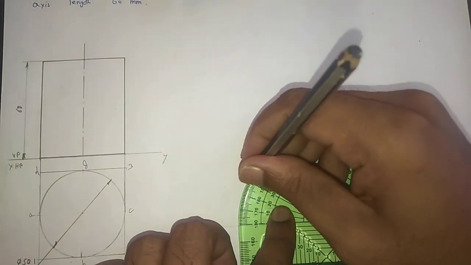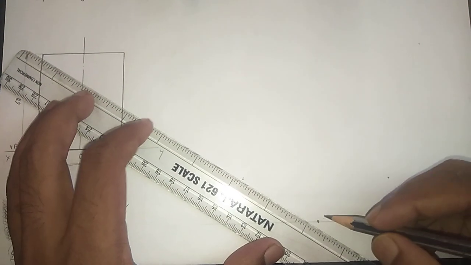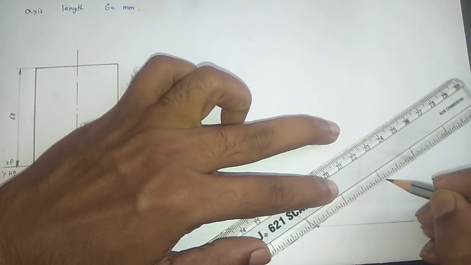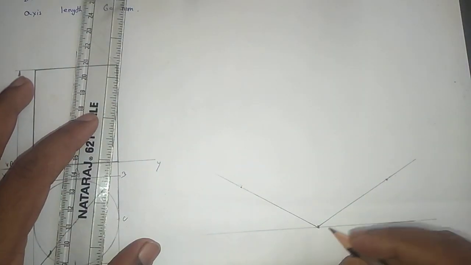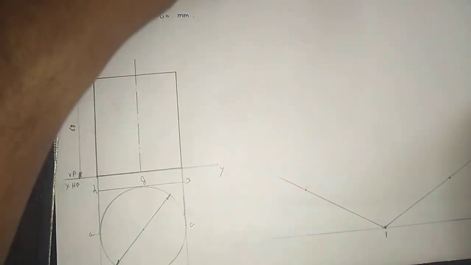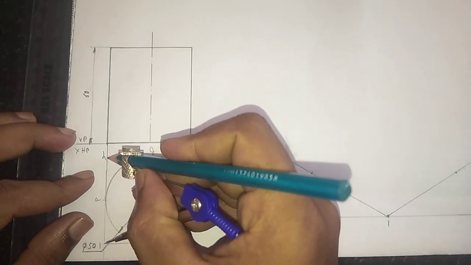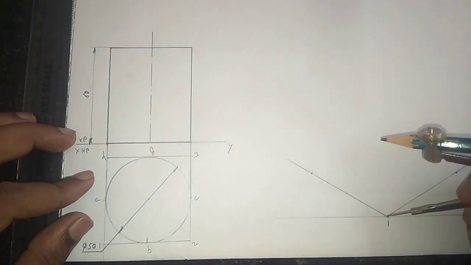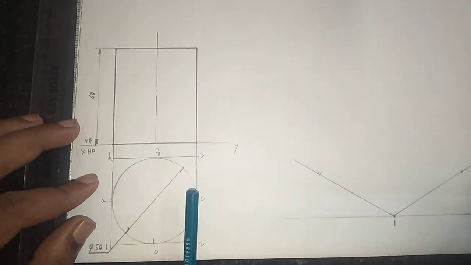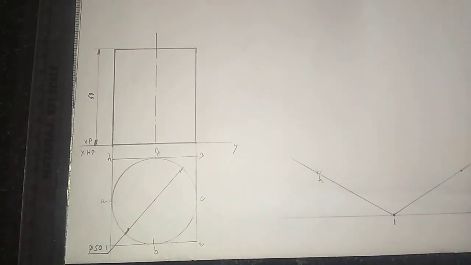Take angle 30 degree and then draw two inclined lines at an angle of 30 degree, and give the number on this point. This point number is 1, and now we need to measure the distance from 1 and 4 in the top view of the object, 1 and 4, and place the compass in the point 1 and make one arc in that line. So this point is number 4,